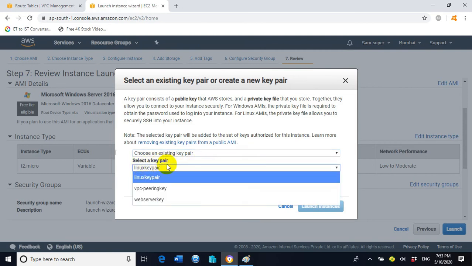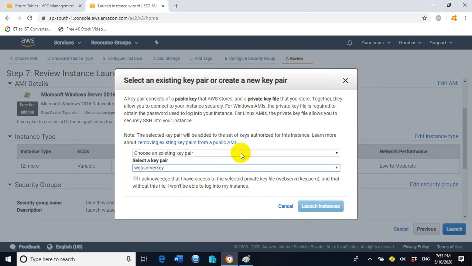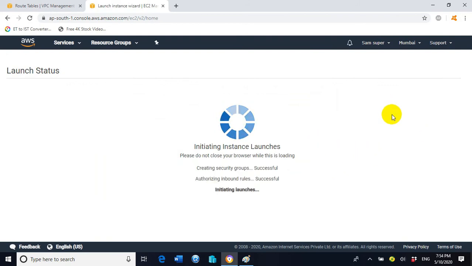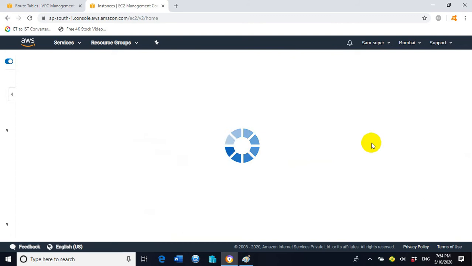Here I select web server key. I created a key pair with the name web server key.pem. Remember, whatever key pair you create will get the extension .pem. So I will check the option, I acknowledge. Now click on launch instances. Now click on view instances.